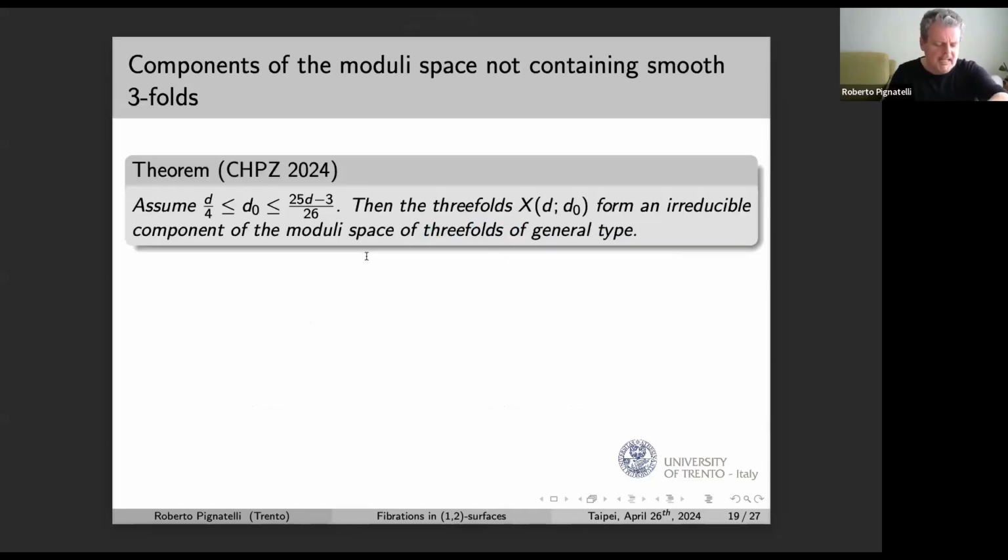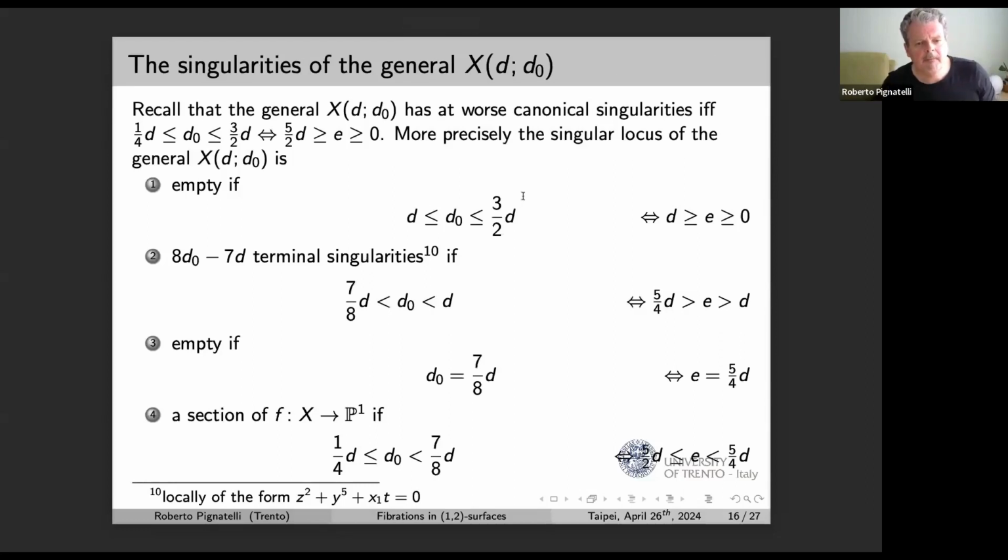But I don't have much time left, just 15 minutes if I'm correct, and I still have a certain list of things to say. More interesting, I think: let's go back to the new paper we're writing, and what we essentially know. Let me go back to the scheme here. So if this group of these zeros, when the yields of subsurface are small index, then all these guys glue in a single component. The moral of the next result is that whenever you go down, so you take d0 smaller than d,